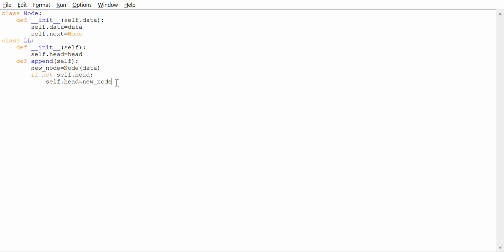So what that means is whatever is inside the new node gets assigned to the self.head, so it will be considered as this head. This will be the first step, and as soon as we do that, we just need to return, or just get out of the specific function. So that's why I just return